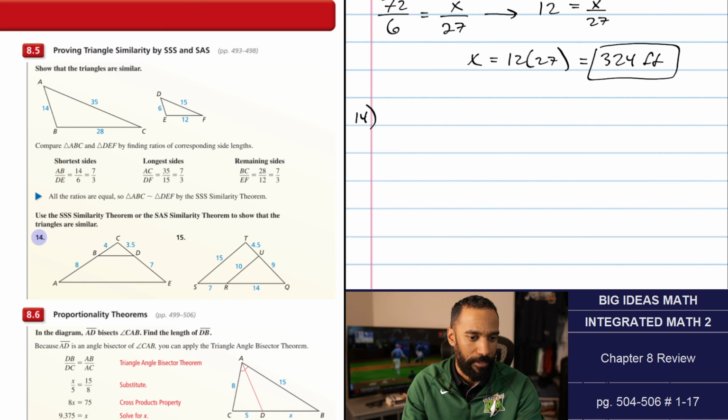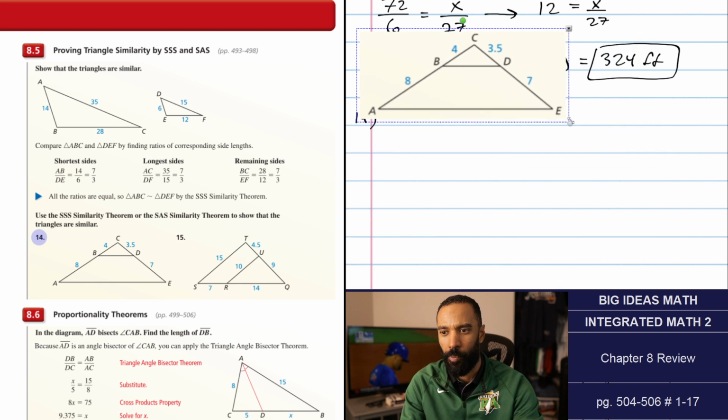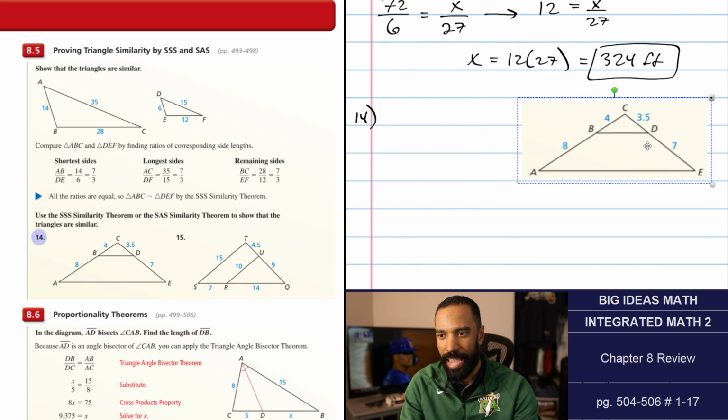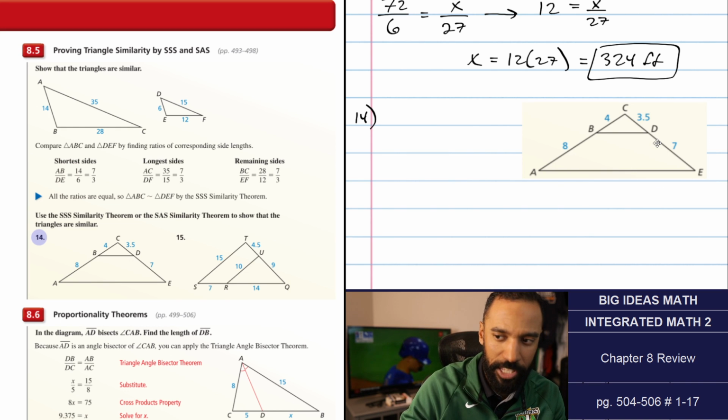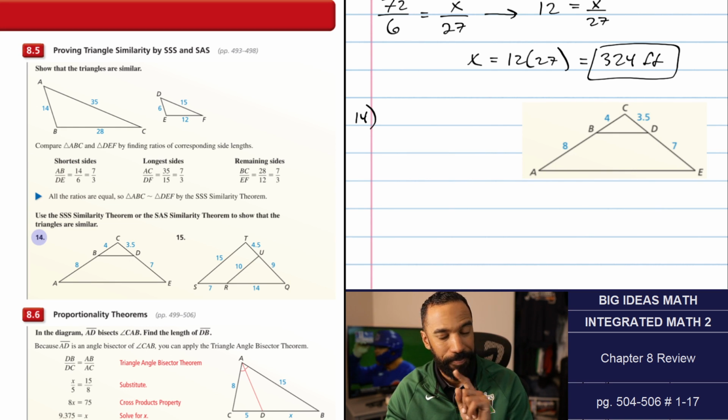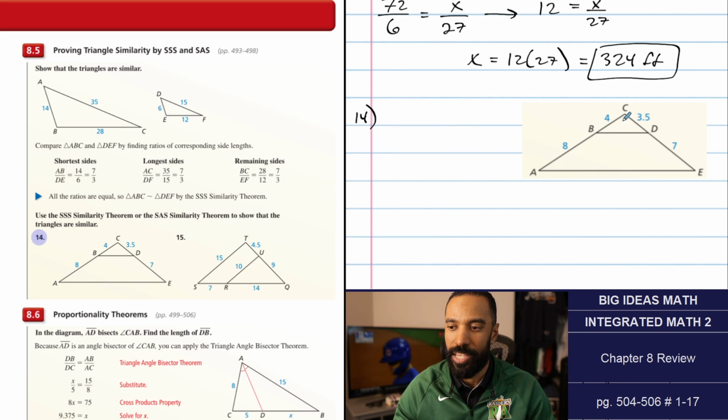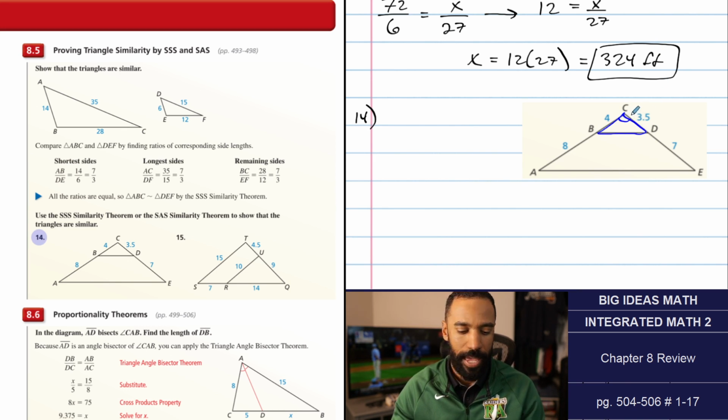What you do know off this, however, is that, and I have to really be careful about what section we're in. We are not in 8.6 yet, so I'm not going to use the side splitter theorem, although you could. But what I do know is that this angle C exists in both triangles. It exists in this triangle here, and it exists in the bigger triangle here, the two triangles that we are deeming to be similar. We are going to show that they're similar, but the fact that angle C is congruent to itself by the reflexive property, shared angle in both